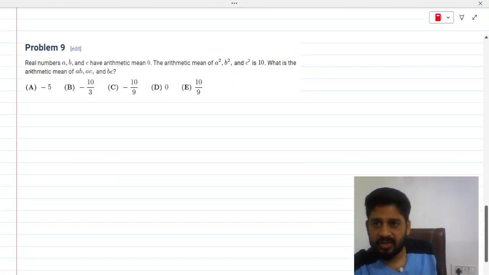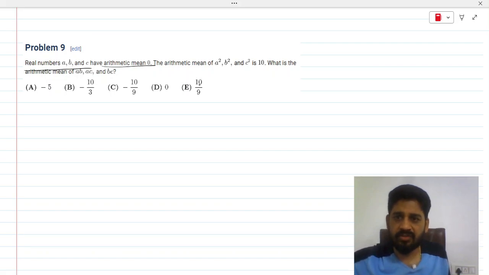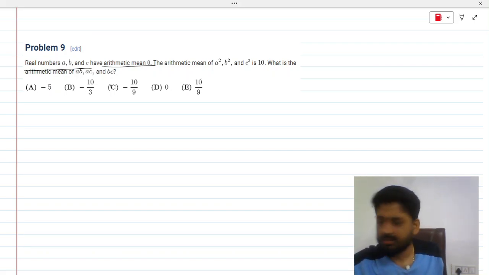so the next one is: the real numbers a, b, c have arithmetic mean 0. The arithmetic mean of a square, b square, c square is 10. What is the arithmetic mean of ab, ac and bc? Okay,